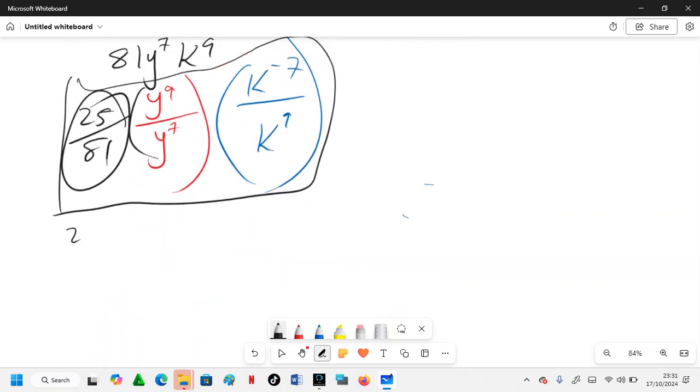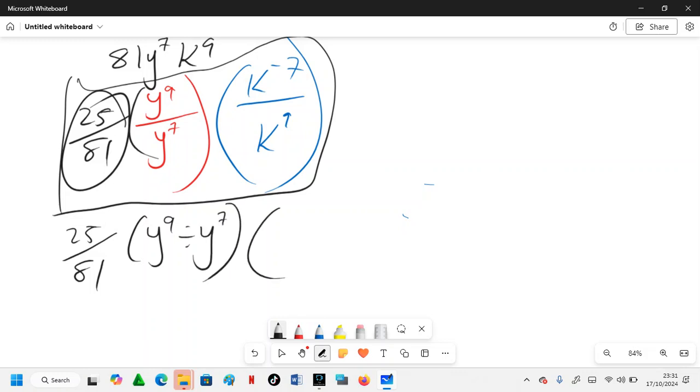This one is going to be 25 over 81. This one is going to be y power 9 divided by y power 7. This one is going to be k. Alright, so let me just do that very fast. This one is going to be k power negative 7, and then k divided by k power 9, because it's